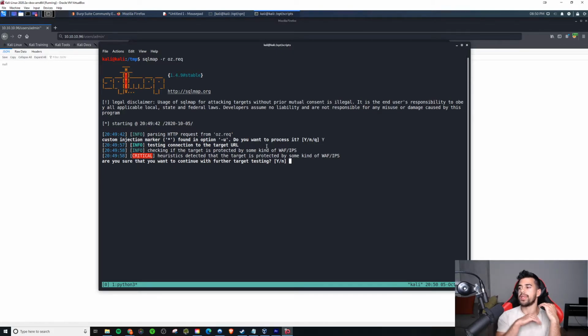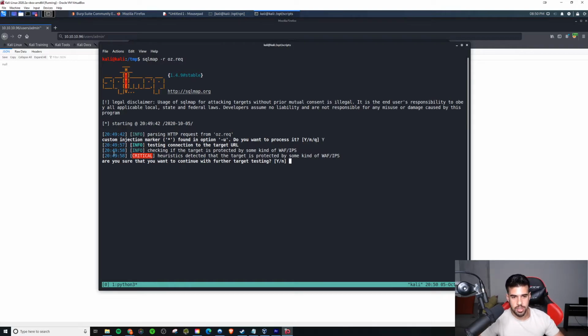It's going to try to guess, and you can supply it with information too to make it quicker as well, but it's going to try to guess the database that's running. It's trying to guess the parameter. In this case, we told it where to fuzz, where to inject, right? But yeah, it's going to ask you really important questions. So basically what I'm trying to say is really pay attention to what it's asking you and answer to the